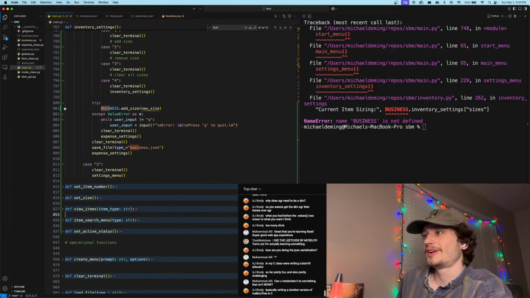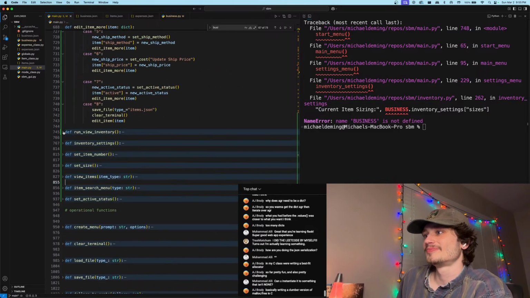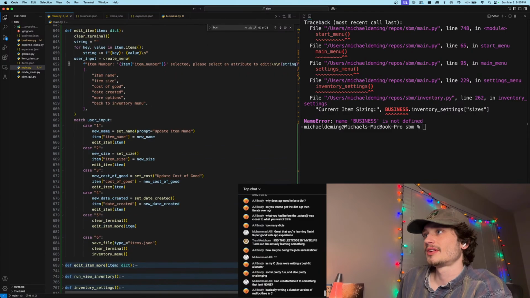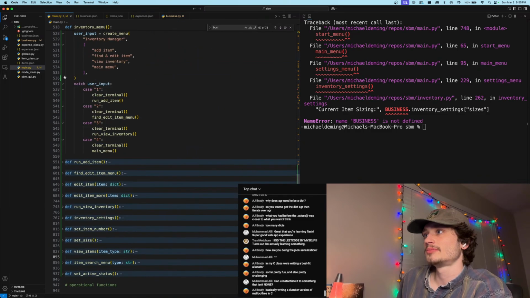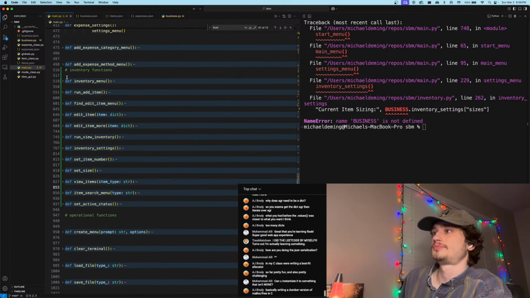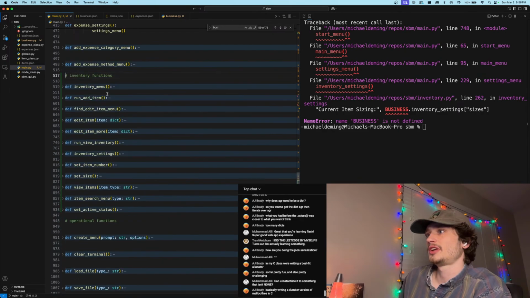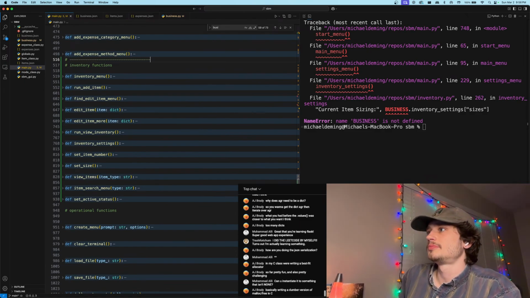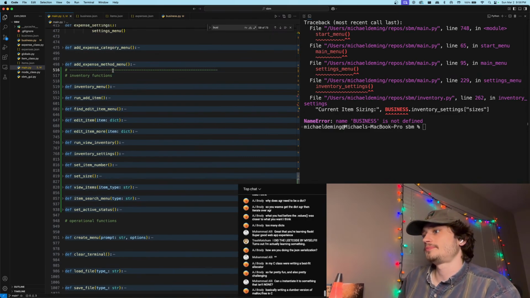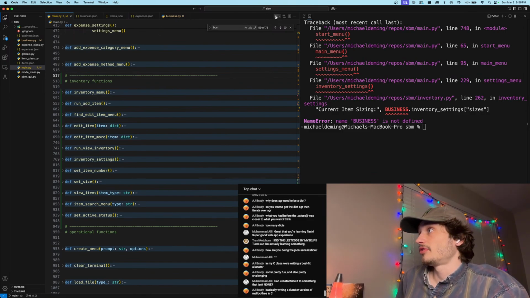So now we're back into our function mess here. Right. Edit size, edit item, find edit item, run add item. There we go. Like so. And then we'll make a line here like that, like a break pretty much. Okay, that looks good. And then we'll take this line and we'll set it down here too. Okay, so that'll bring all of our inventory functions in. So now if we run